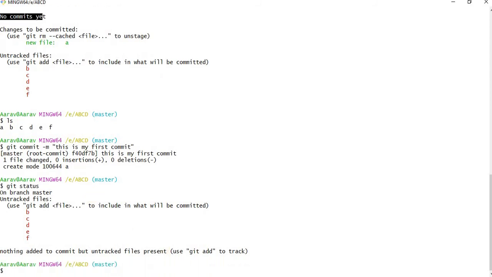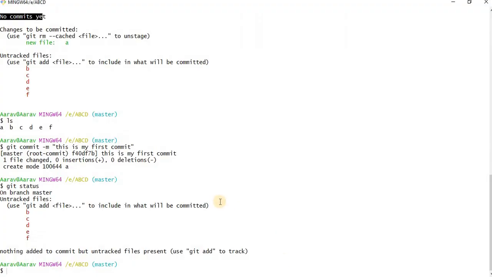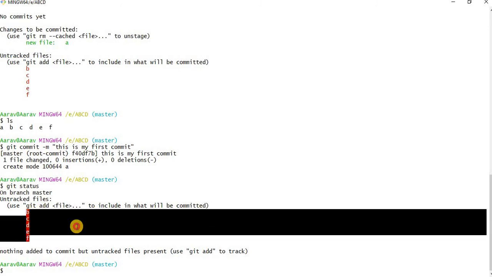When I gave git add, the file moved from the working area to the staging directory. When I did git commit, it moved from staging to the local repository. I hope you understood the flow. Git status is something to track where the files are, to see the status of the files.